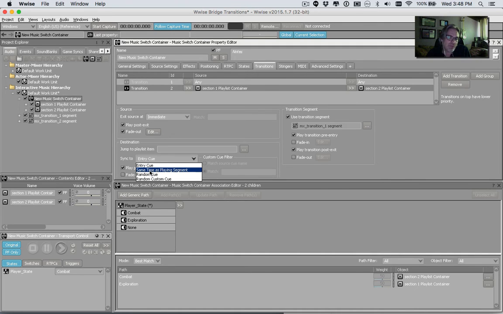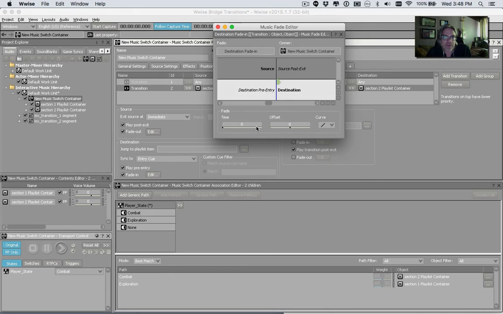Remember, I'm going from Explore to Combat. So what I want to do is start at the very beginning of the piece. So I'm going to leave it on Entry Cue, which is the very beginning of the piece. And I'm going to fade it in. Okay, the destination, this is what we're talking about now. We are going from Explore to the destination, which is Combat. I want my